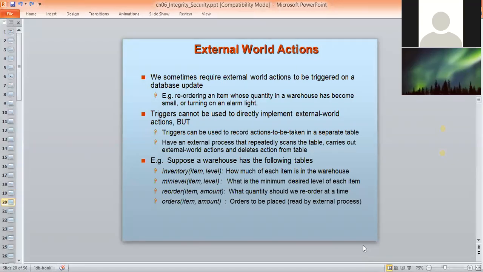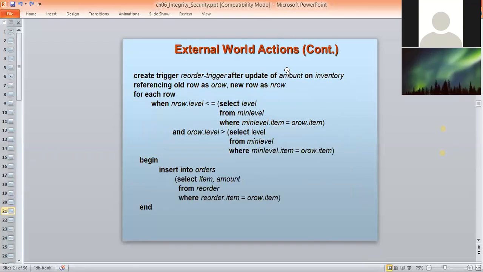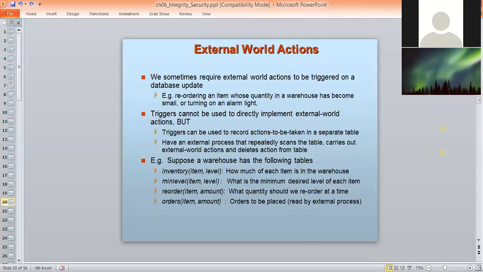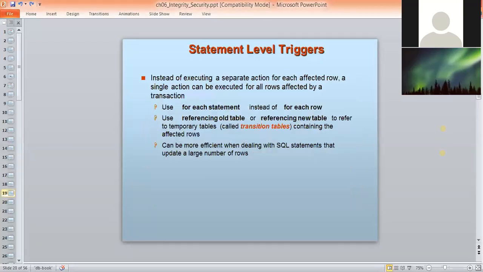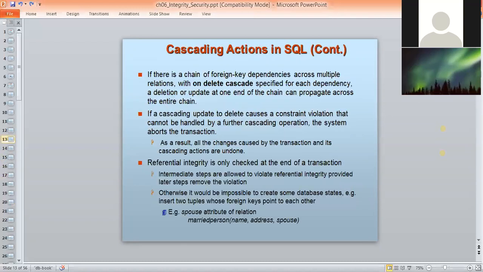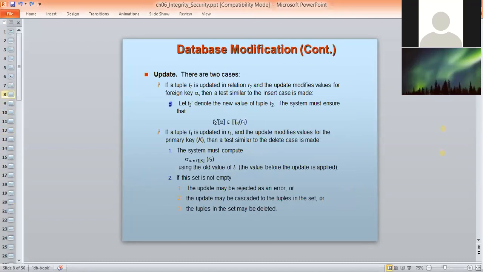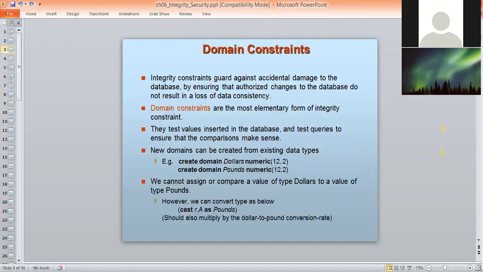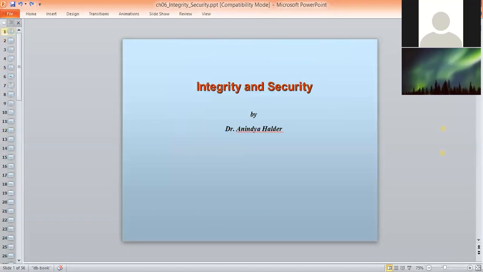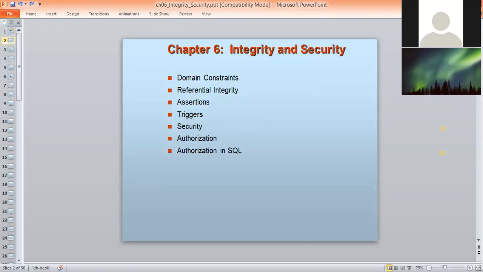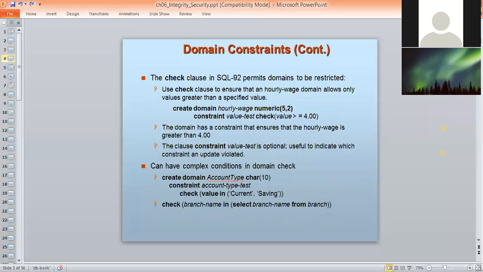I don't have much time left today, so I am not going to cover the other topics today. Just to summarize what we have discussed today: we started discussing the integrity and security issues of the database in the third unit. There we discussed the domain constraints.